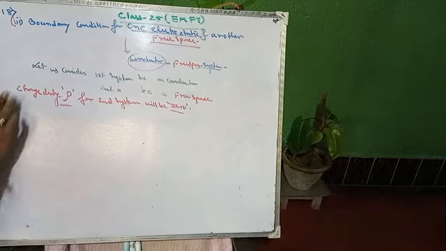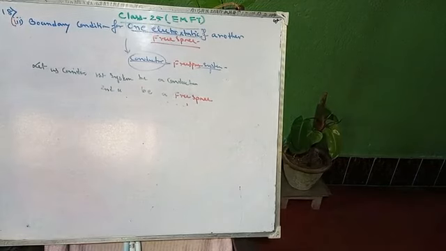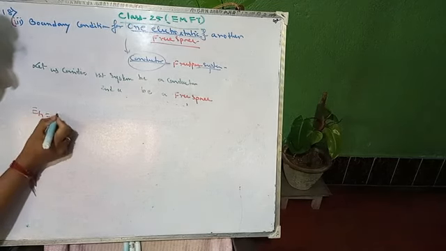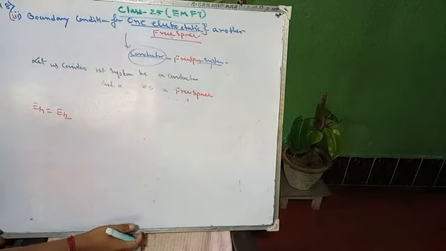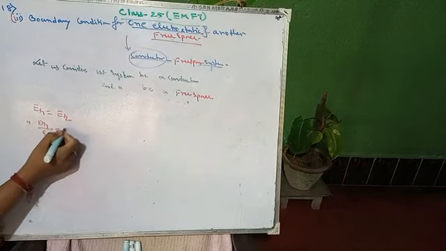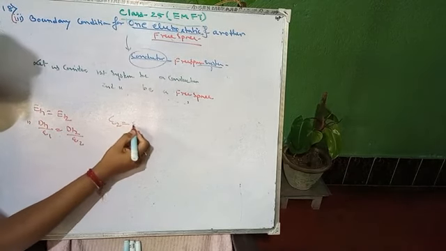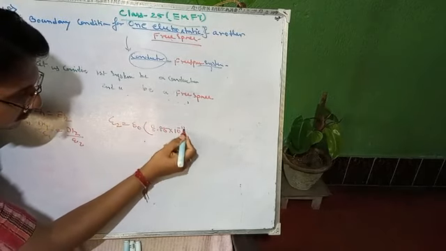Okay, so no need to write this line. So what will be the change now? There is only one change. That means in your first condition, what was your first condition? The first condition will be ET1 equals ET2, right? And second system will be free space. That means DT1 by epsilon 1 equals DT2 by epsilon 2. Here epsilon 2 is nothing but your constant value epsilon naught, which has a value 8.85 into 10 to the minus 12 unit.